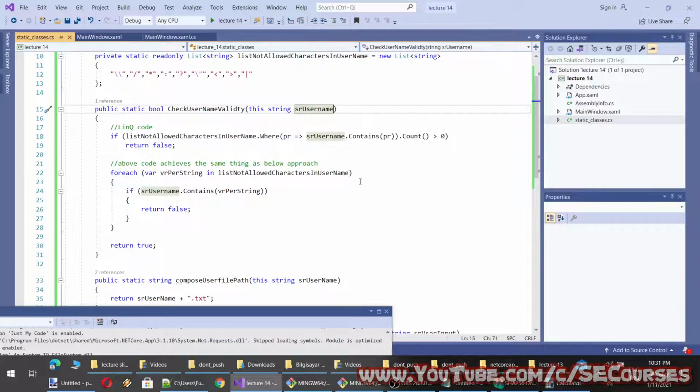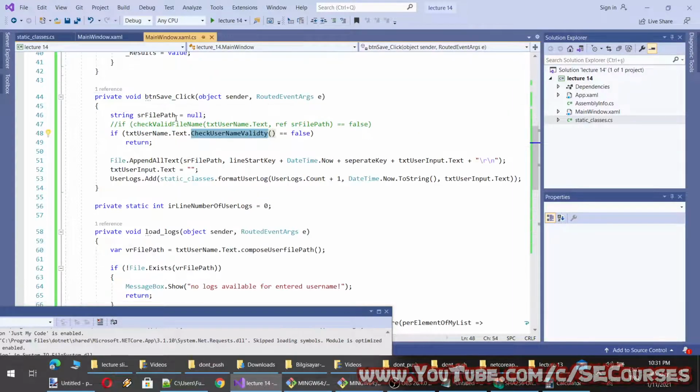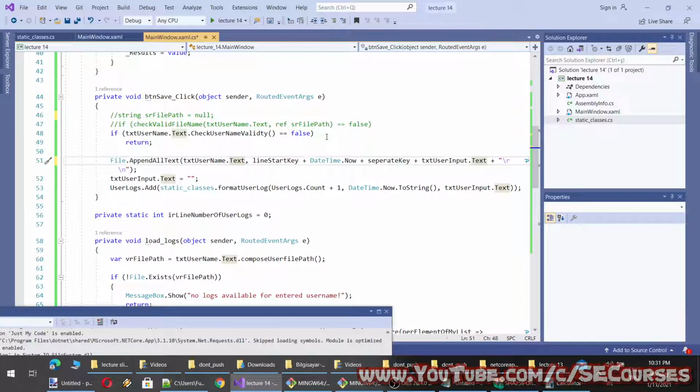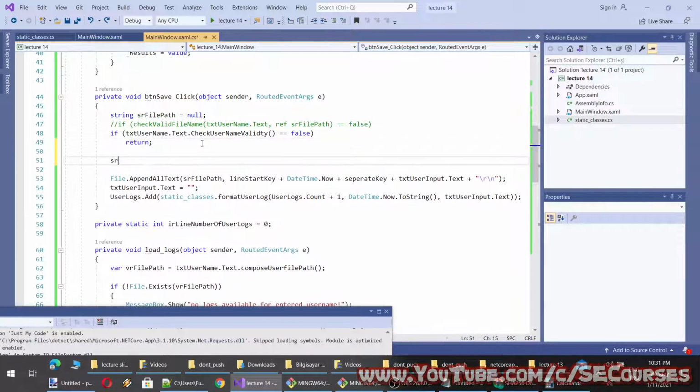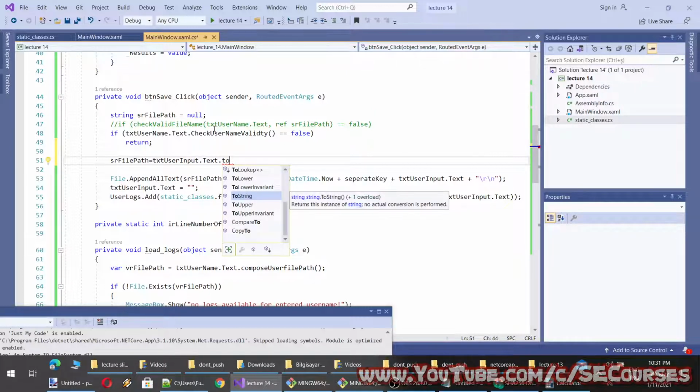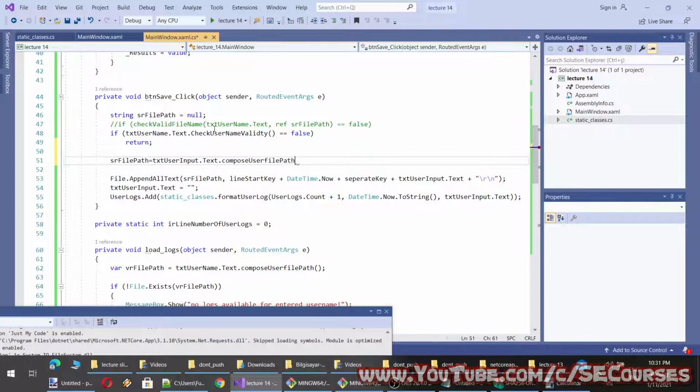And to fix it, we basically need to just do this, also make it like this, and here, or let's make it equal to input text to or compose file path.